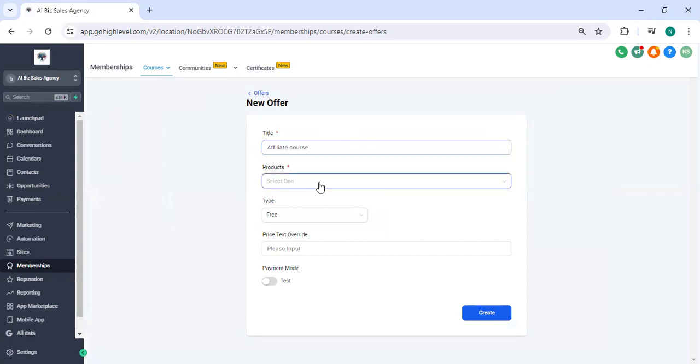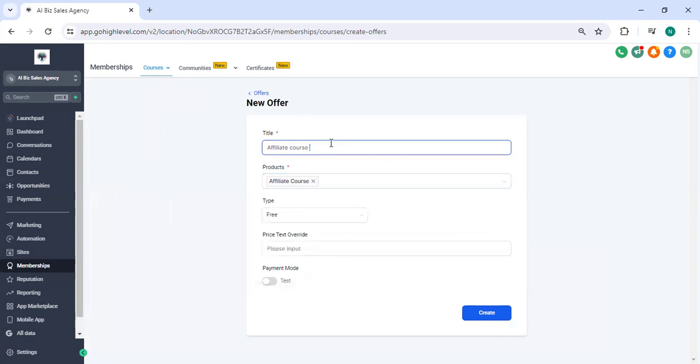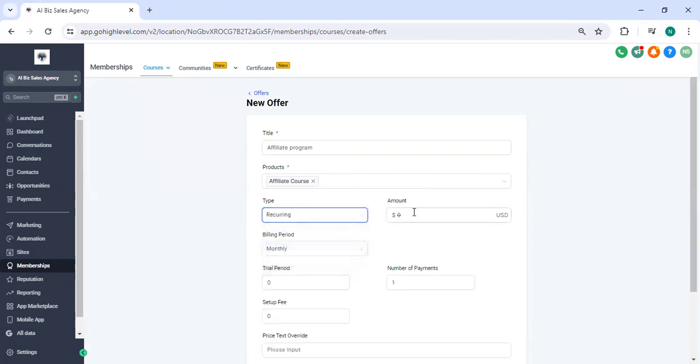and I'm selecting the product, some affiliate course. I'm giving the title as affiliate program, and I'm giving the price as recurring, and I'm selecting $150 as a normal example price, and for the trial period I'm giving a 15 day trial, and a setup fee,